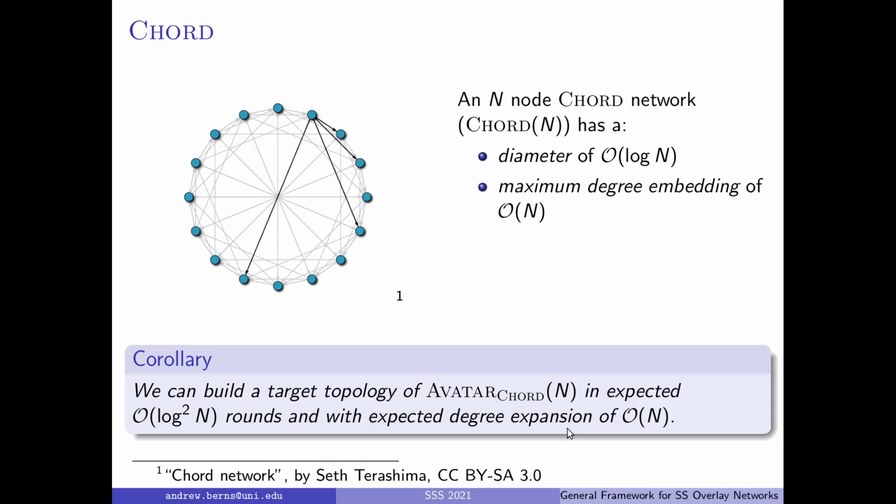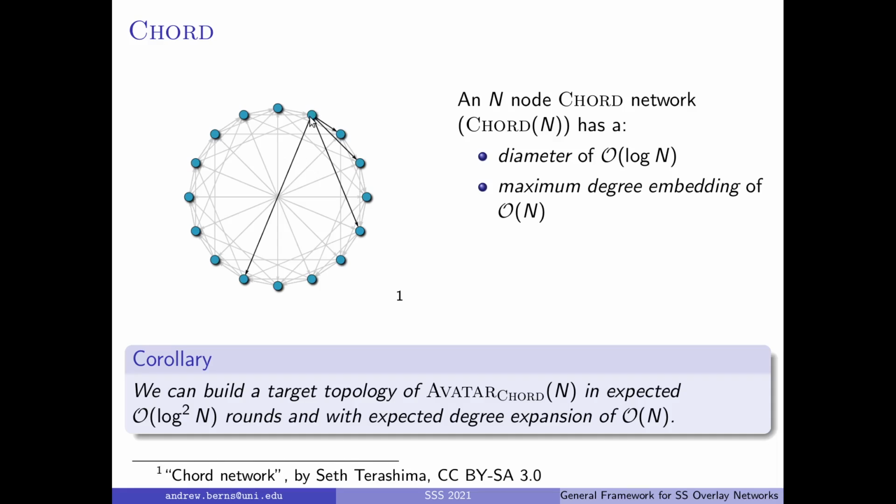For instance, the chord topology. This one is a little bit more interesting. Note that the diameter is order log of n because in every step I can halve the distance to any other node thanks to the long distance links that are being displayed here. However, the maximum degree of embedding is also order n. The reason that happens is in our